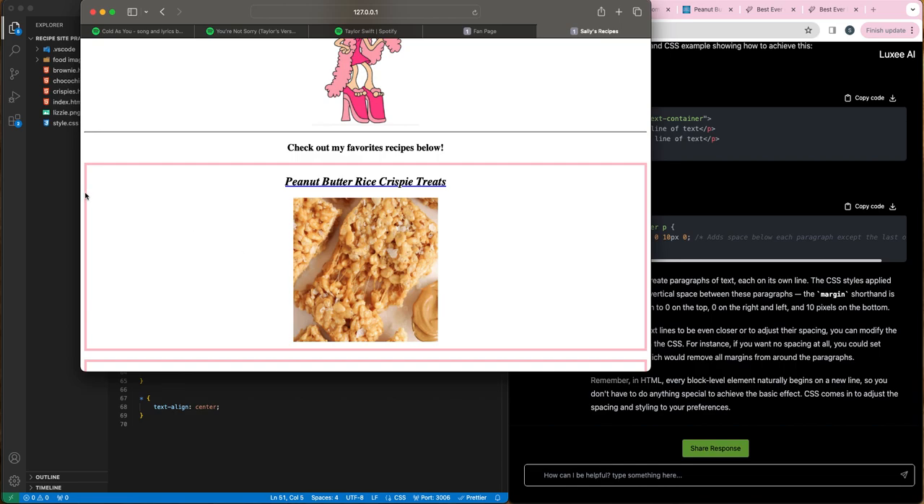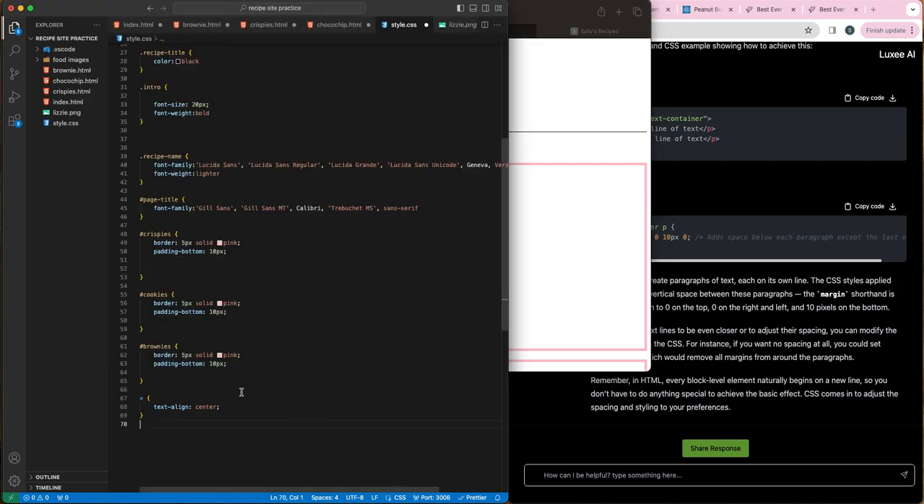So I don't want this to take up the whole page. I want the border just around this. I forgot how to do that. So, I added a border to what? That's probably what I did wrong. So I added a border to brownies,